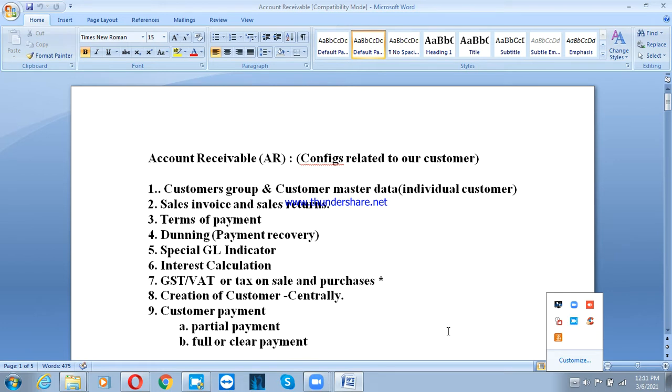Then creation of customer centrally, the centralized way of creation of customer. Then if a customer makes the payment, how we are clearing that one. These are the topics which come under accounts receivable. Okay, so now we'll start from